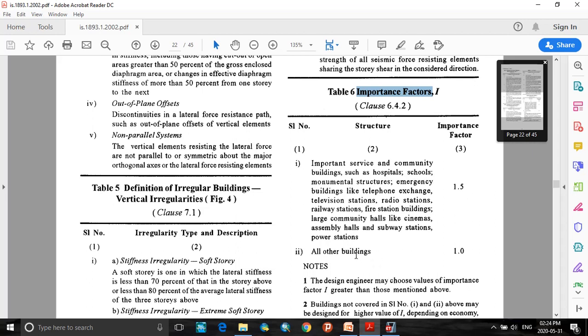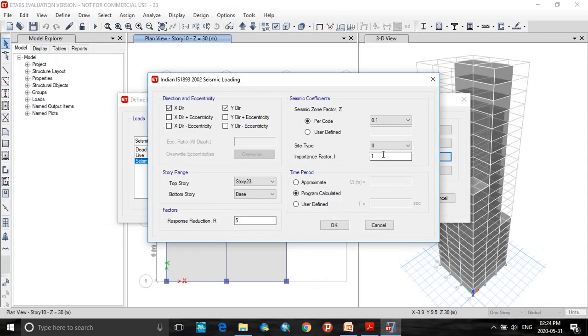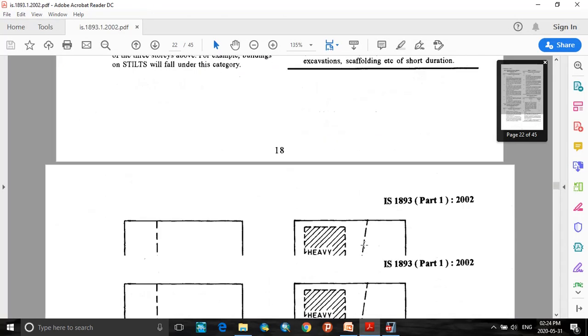Here I have a residential building, so I will consider 1. Enter the importance factor value as 1, and for time period let it be the default program calculated value. For the response reduction factor, again referring to the code, table number 7.